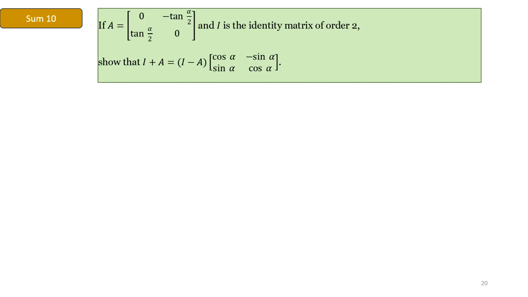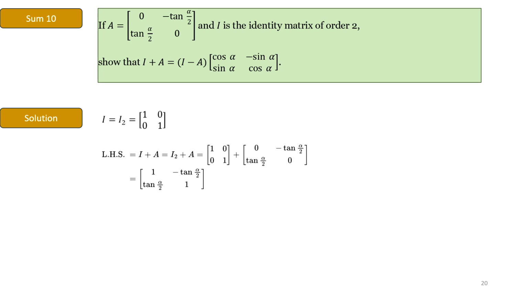Sum number 10. If A is a 2 by 2 matrix with elements 0, minus tangent alpha by 2, tangent alpha by 2, 0, and I is the identity matrix of order 2, prove the relationship given in the problem statement. We can write I as a 2 by 2 matrix with elements 1, 0, 0, 1. Next, we compute LHS by adding the identity matrix to A. The matrix I minus A will be